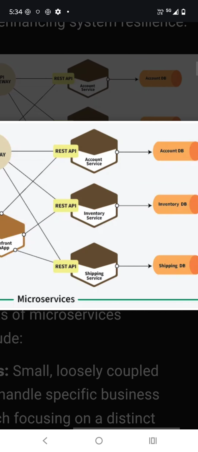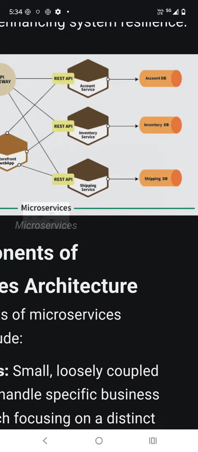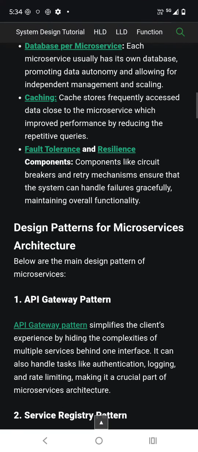So what is the use of this microservices architecture? Because we are separating out the services. If any of the services fails, the other services will not get affected, right? And maintenance is also very simple. Separate teams will handle separate services. Let's say the inventory department will handle the inventory service, and the account section will handle the account service. That way the complex application can be simplified. The maintenance becomes very easy, right? That is why we can go for